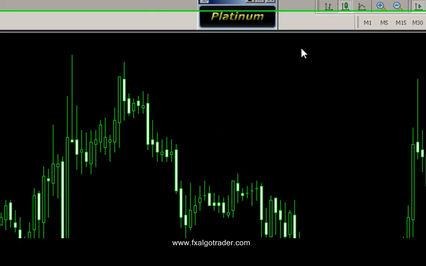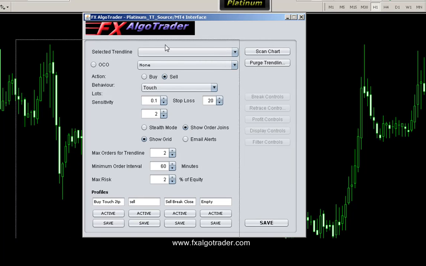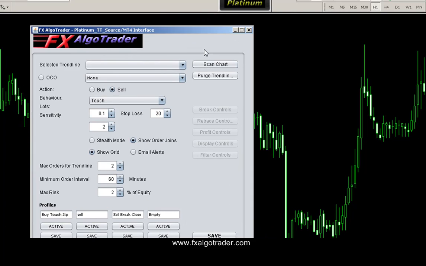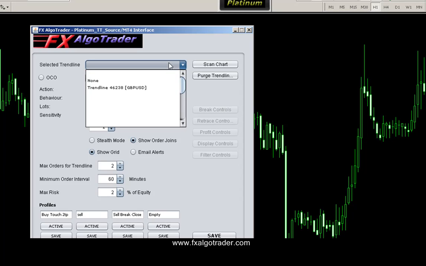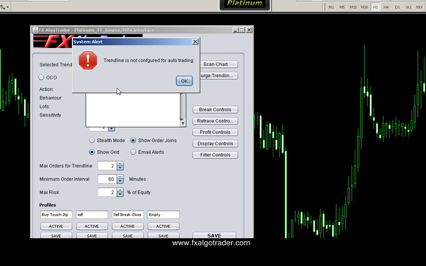Now if we click this interface, you will see another interface pops up, which is your main trendline control interface. If you scan your chart and then click this selected trendline combo box, you can now see this trendline 46238 GBP USD is shown. So if we select that, we get a warning saying the trendline is not configured for